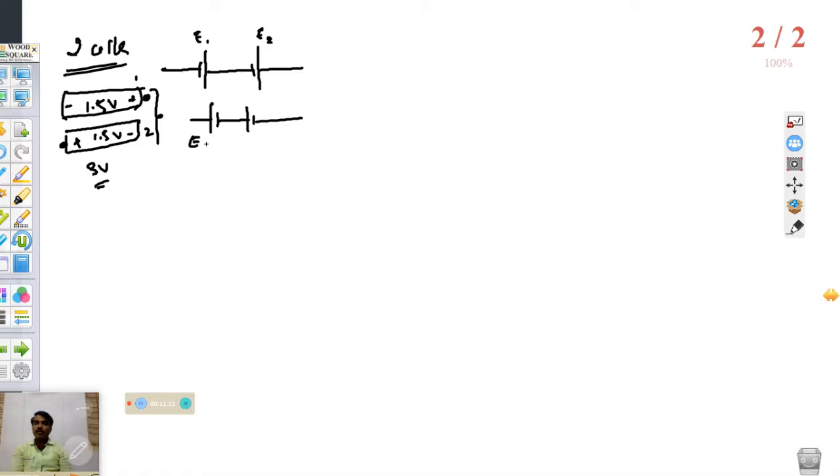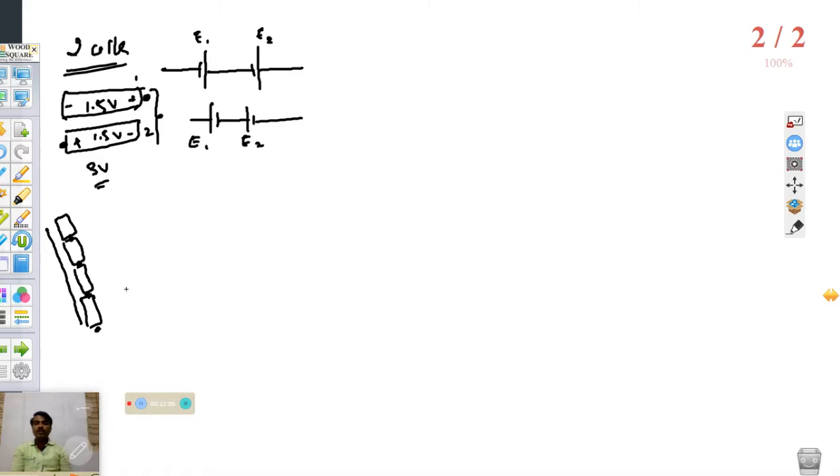So in this way the circuit is kept. Two cells are connected in this way, so it is a combination of cells, not a single cell. Even the old torches at home use 4 batteries, one after another. The first battery, on it the second battery, on it a third, and again a fourth, each positive connected to the next. So 4 batteries are kept one upon another.